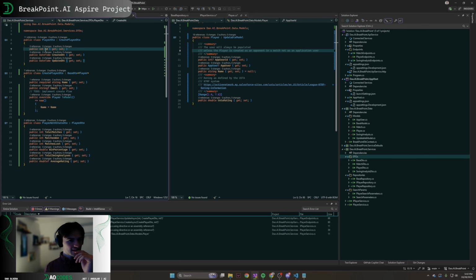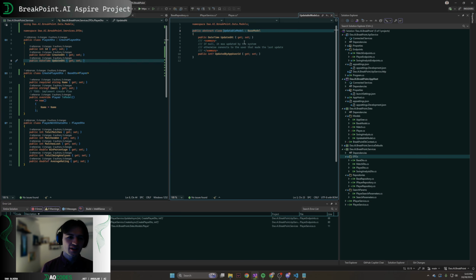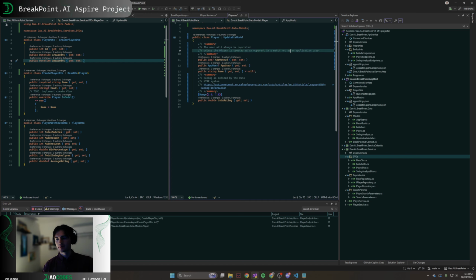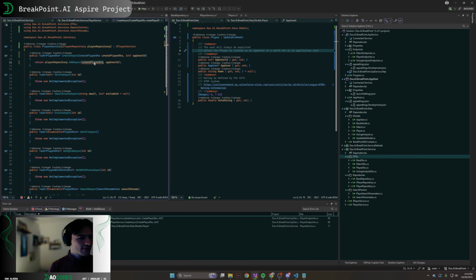So ID, a player is an updatable model, so that has updated at, updated by, created at, created when. So then this is super simple. Just go boom, to model. What's it not like in here? Oh wait. Cannot to